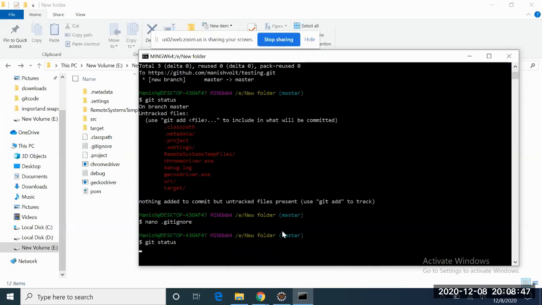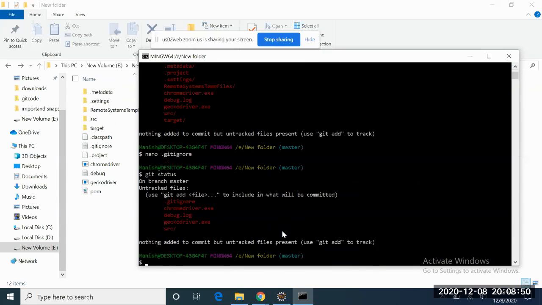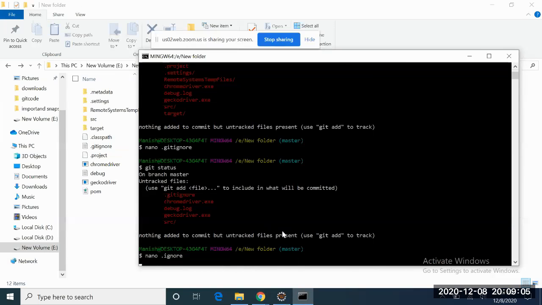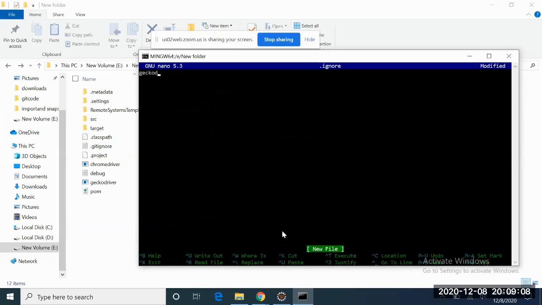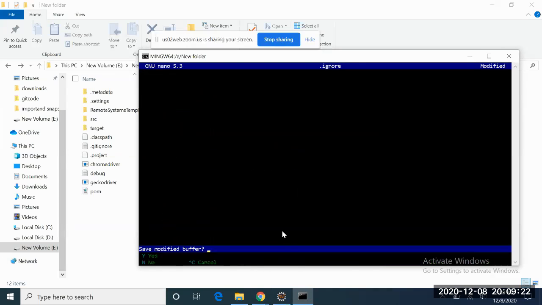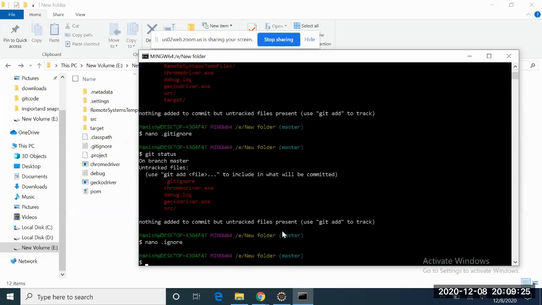Right. Now you do git status. Let's see what happens. Right. You see fewer files now, isn't it? Yeah. All the files which you don't need, it has ignored. Now we also want to ignore the Gecko driver, Chrome driver, as well as debug. So can you again do nano .gitignore? Yeah, and oh, no, you have missed something. It has created a new file. It has created .ignore. You press Control X, yeah, save as N, press N, yeah. You see you added nano.git. Okay, another